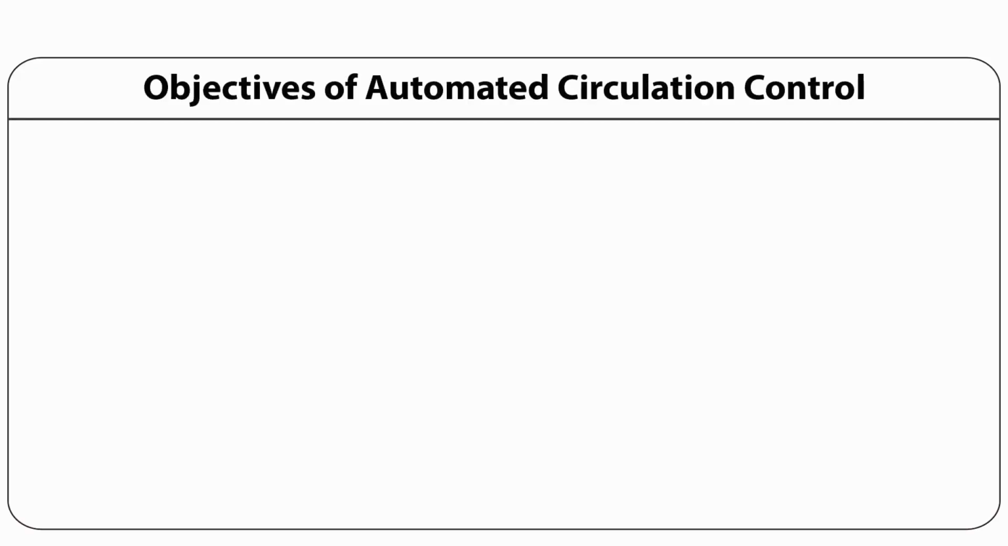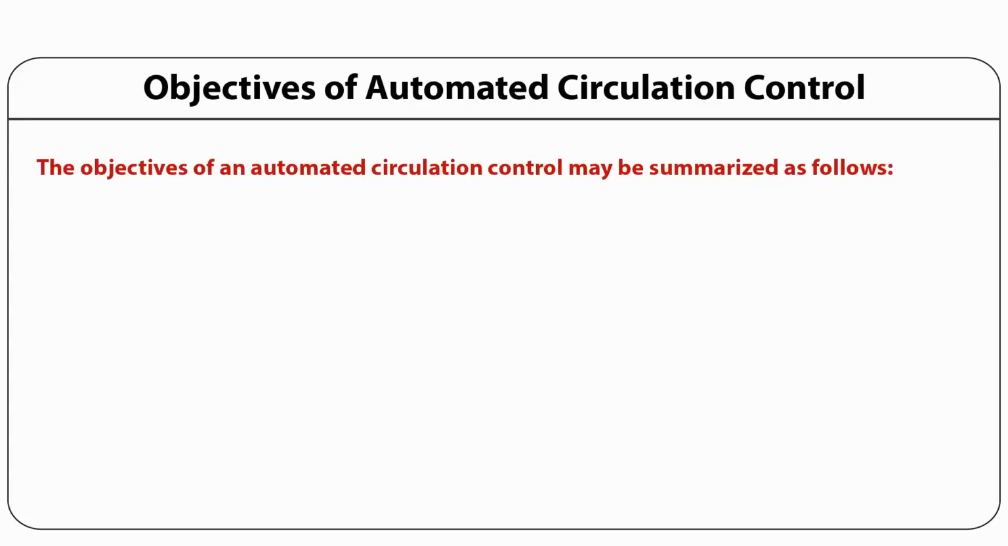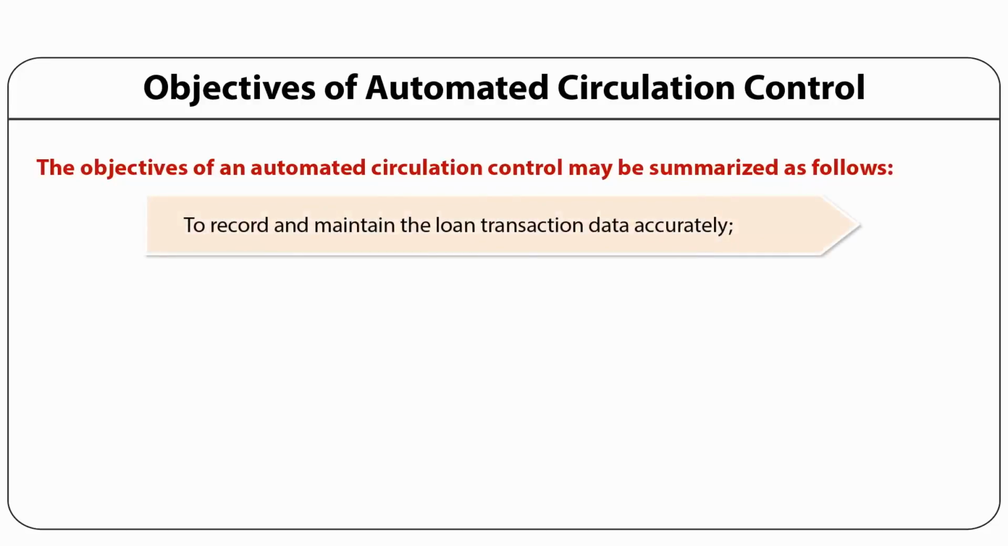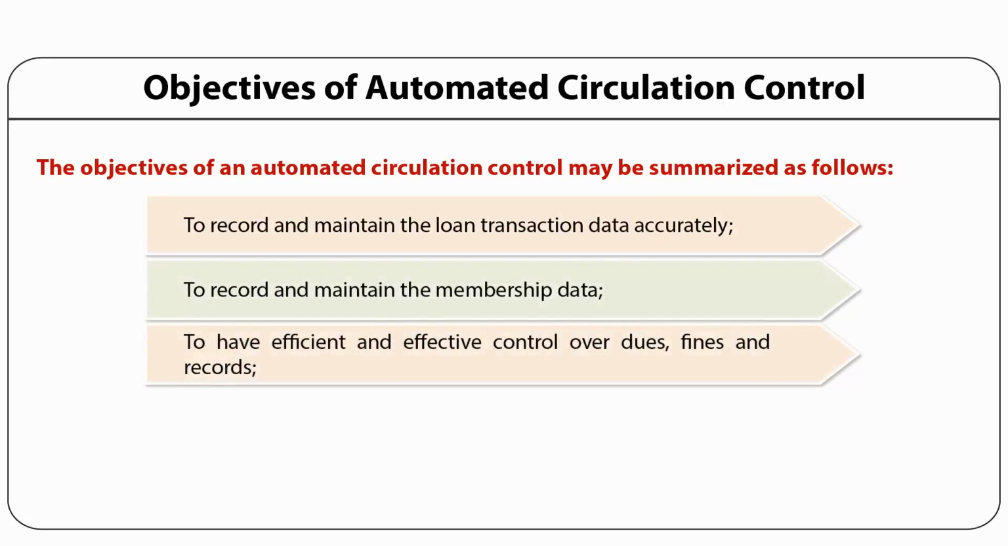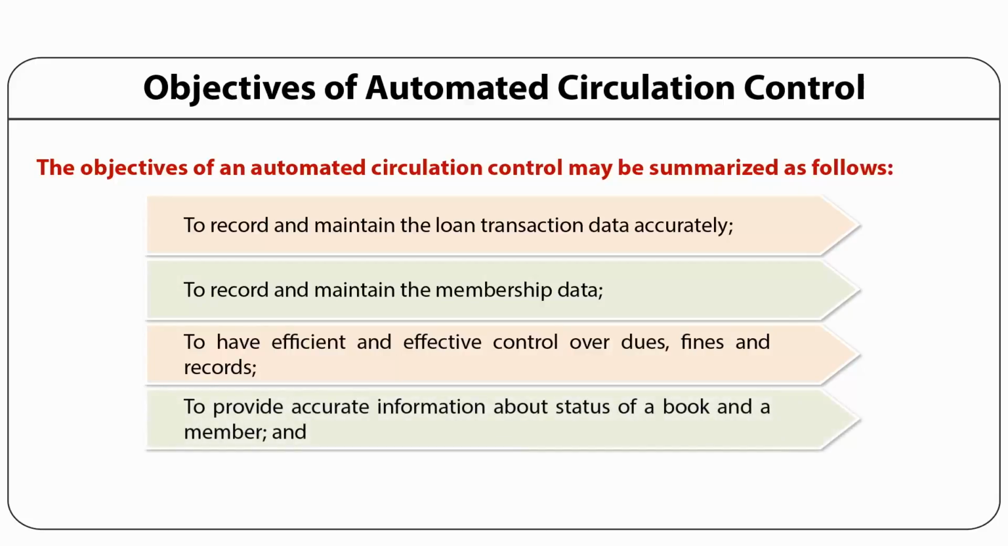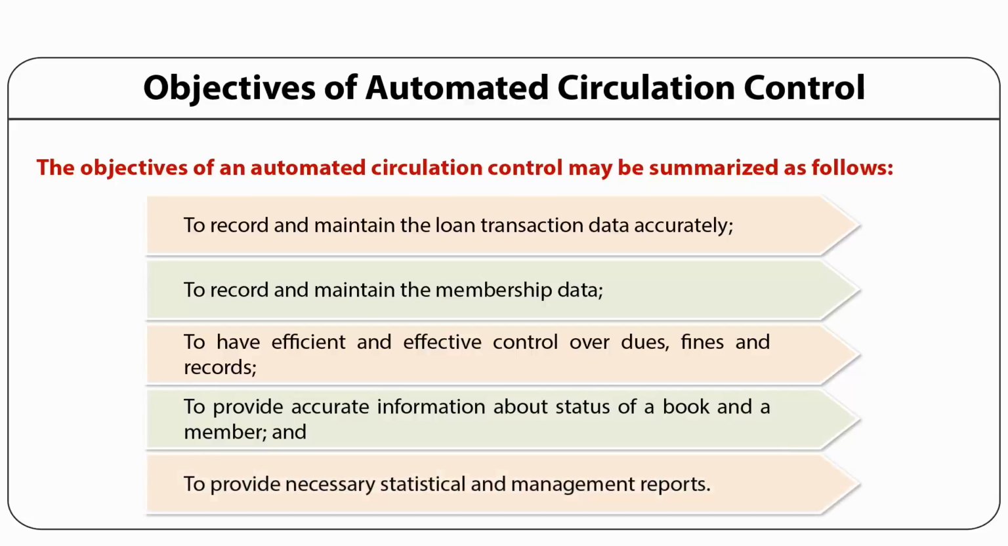Objectives of automated circulation control. The objectives of an automated circulation control may be summarized as follows: to record and maintain the loan transaction data accurately, to record and maintain the membership data, to have efficient and effective control over the dues, fines and records, to provide accurate information about the status of a book and a member, and also to provide the necessary statistical